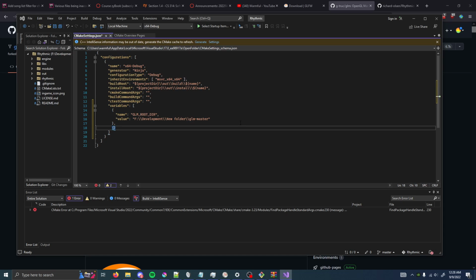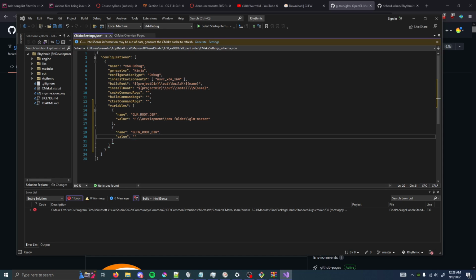And then the second one is going to be glfw root directory. And the value is going to be where you extracted the glfw directory. And before we save,